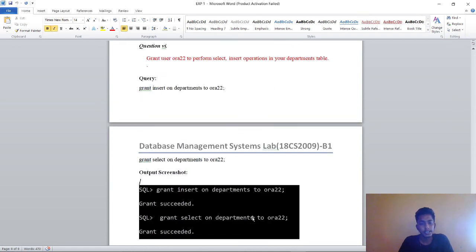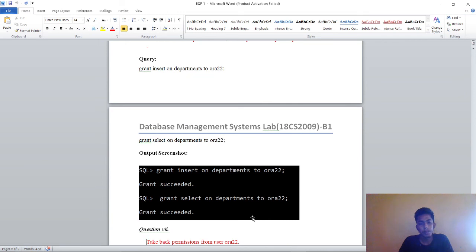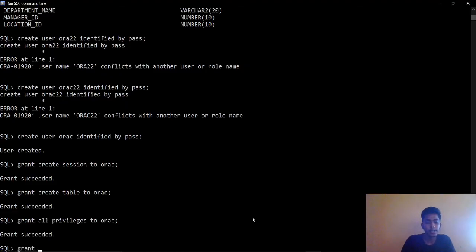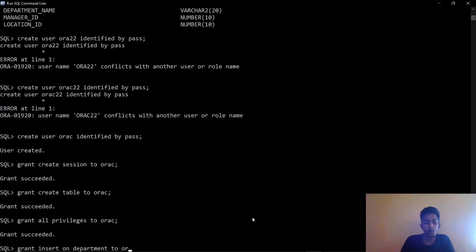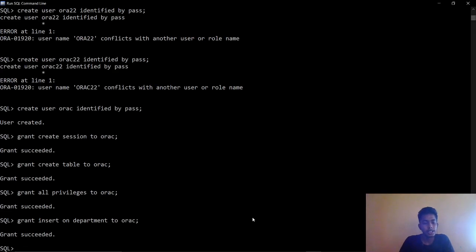Next is grant insert on department to org22, so the user can insert into the department. For selecting, simply put select instead of insert. Grant succeeded.